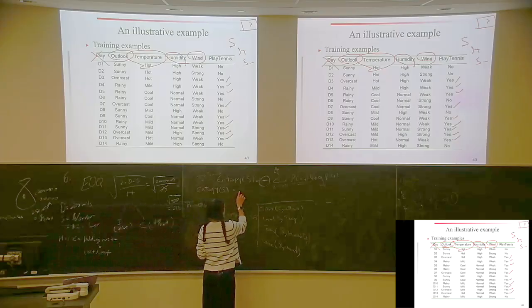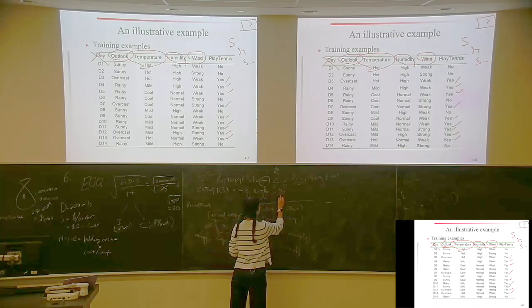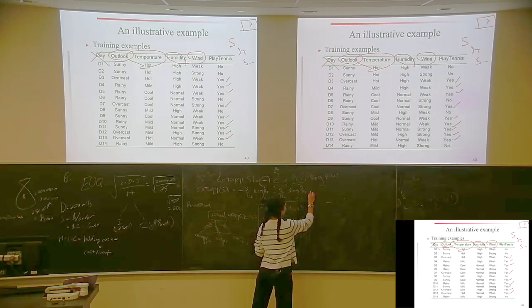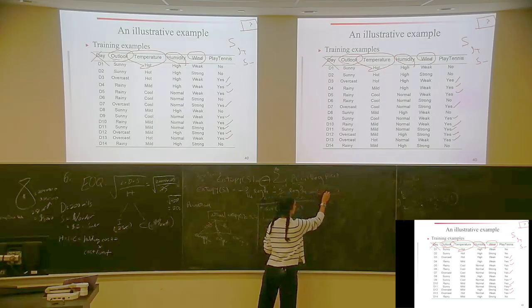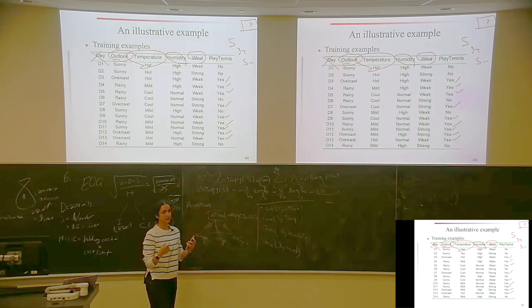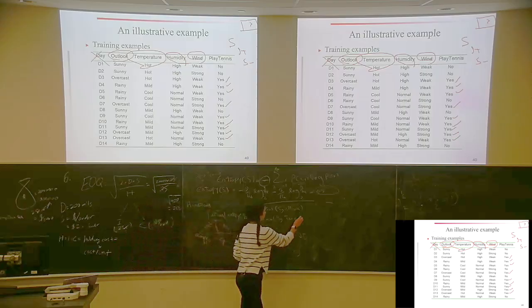So the entropy of the whole set would be minus 9 out of 14 log of this, right? Minus 5/14 log of 5/14, right? And this gives you some number. I don't know, I didn't memorize this. Some number here, right? You can calculate it using your calculator in the exam. Now,